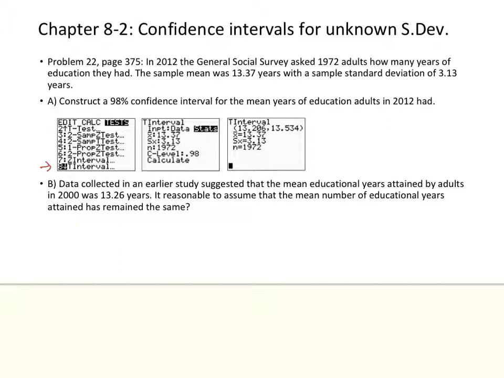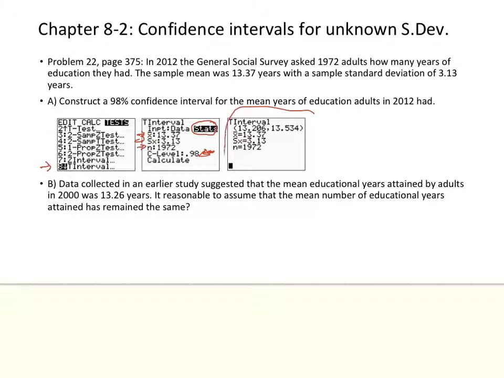Then from the t-interval, we pick the stats option, primarily because we don't have data. We enter in what x bar is, we enter in the sx, we enter in what n is, and we put in our confidence level, and we hit calculate, and we